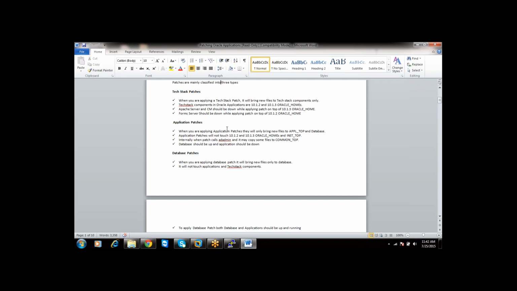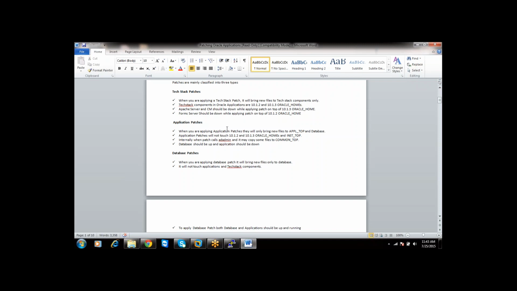So you are supposed to apply patches on these 10.12 and 10.13 Oracle homes also. What is the utility you will use to apply an RDBMS patch? It is OPatch. Using OPatch, you will apply patches on the RDBMS Oracle home. In the same way, you will use OPatch to apply patches on the 10.12 and 10.13 Oracle homes.